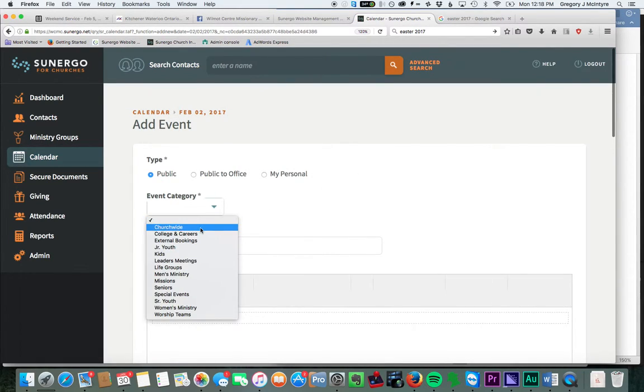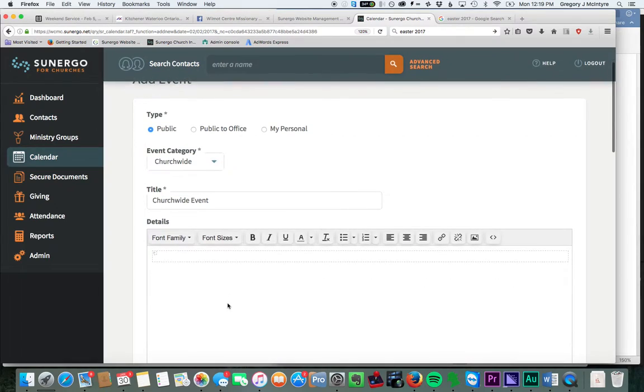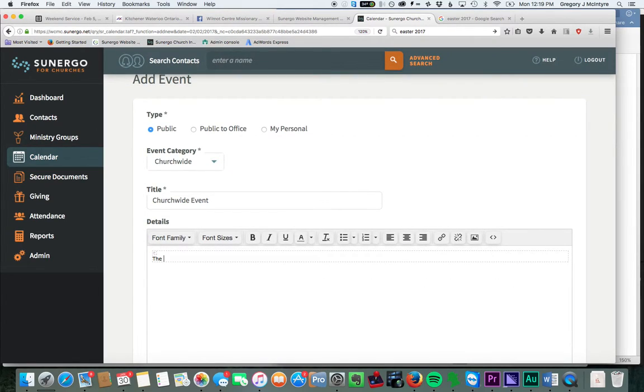I can select the public or the category, so I'll select church-wide. This will be a church-wide event. And if I want it to go live onto our website, I select public. If I want it to just be for internal bookings and for anyone who logs in, then you can select public to office. So I'll put it directly on the website, and then this will be the info section of the